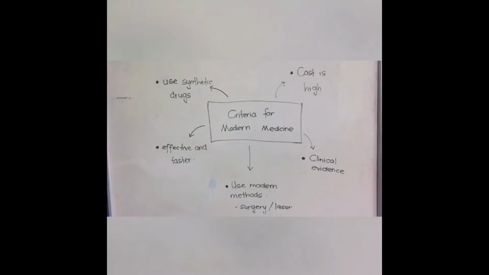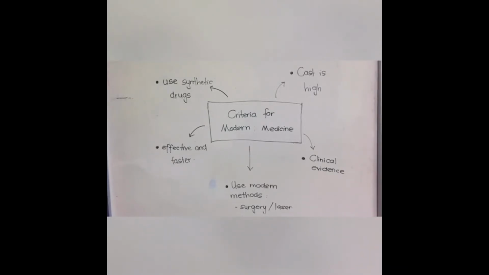Then how about the criteria for modern medicine? Here I have listed for you the criteria of modern medicine, which also has 5 criteria. The first one is treatment. The treatment of modern medicine uses synthetic drugs, and by that it is very effective and faster. Look at the methods: they use modern methods such as surgery or laser treatment, and sometimes they also use radiotherapy. For proof of effectiveness, modern medicine uses clinical evidence,